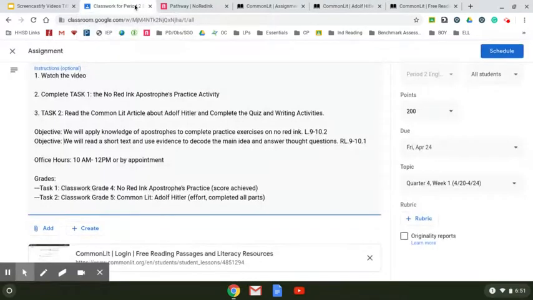When you've done both tasks, task 1 and task 2, then hit turn in on Google Classroom so I know that you finished both. You will get 2 grades for this week. So you would get a grade for your practice, which is why you want to work to get 100% on No Red Ink. And you will get a grade for completing all of the questions about Adolf Hitler and making the annotations on the document. Again, if you have any questions, email me or Mrs. Cooper. Our office hours